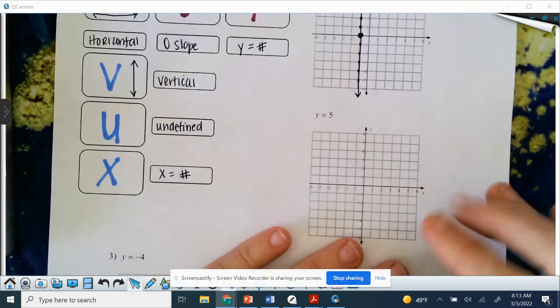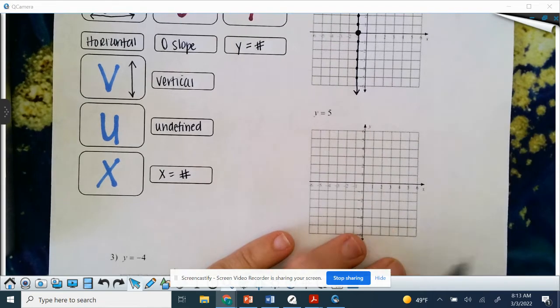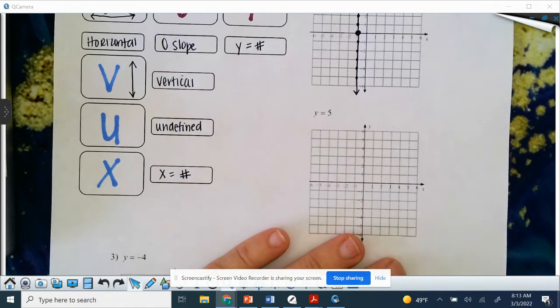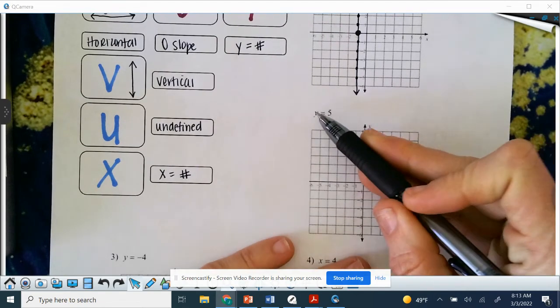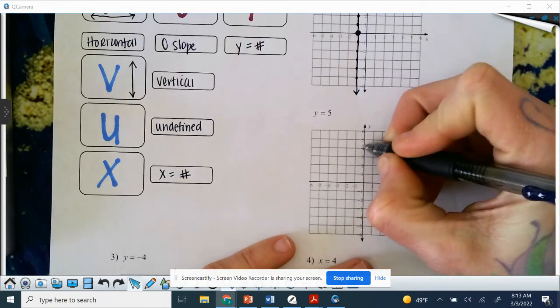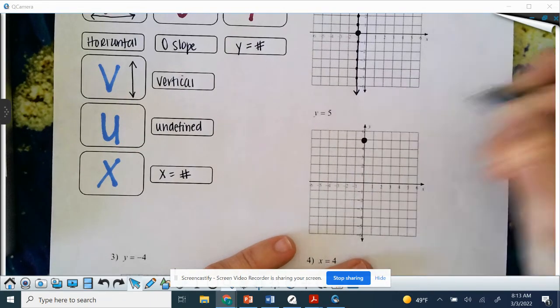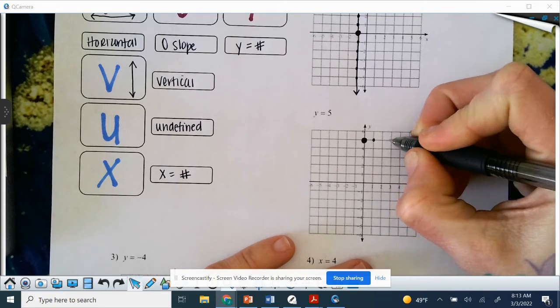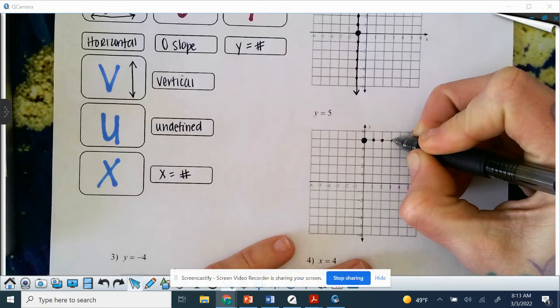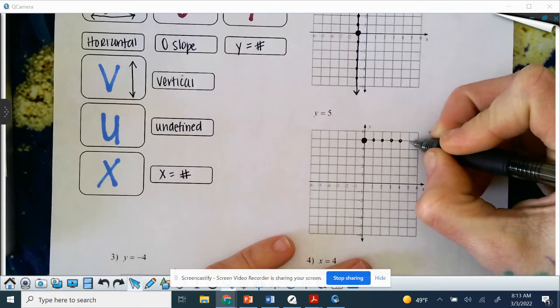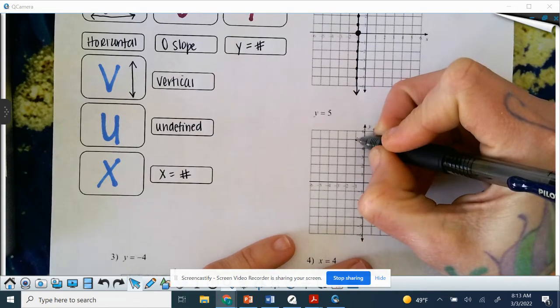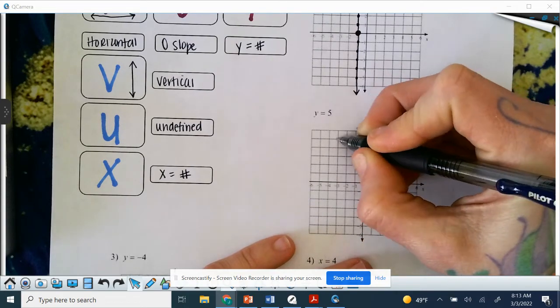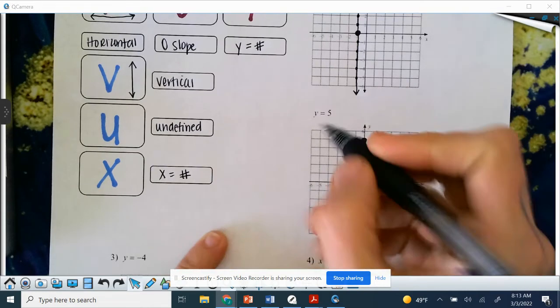Same thing for y equals 5, but opposite. So that's your HOY. So we know it's going to be horizontal, which means left to right. And this says y is 5. So I'm going to go to the y-axis and go to 5. When x is 1, y is going to be 5. When x is 2, y is going to be 5. When x is 3, y is going to be 5. And so on. And even when x is -1, y is going to be 5 because that says y is 5. And then you're going to draw a horizontal line